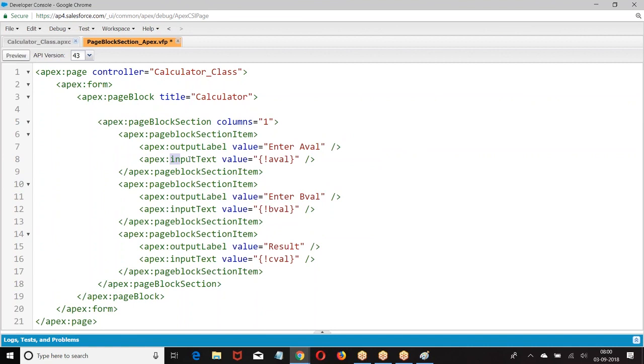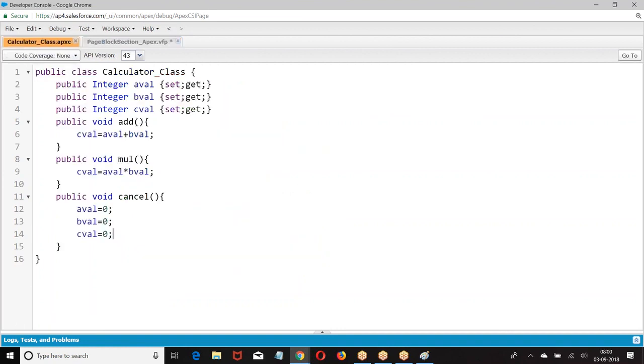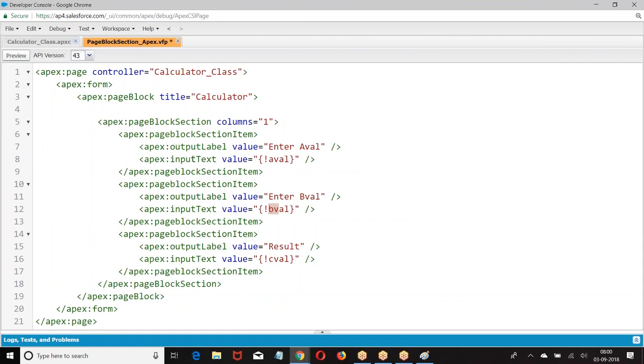Whatever value we enter here, set this value to the A variable. Set this value to the B variable. Now, I am referring to A, and the data type of A is integer, so this input text box will take an integer value, and all the properties of integer will be applied on that input text. Now this input text is taking the value of B. B is of type integer, so all the properties of integer will be applied on this box. Are you getting my point? Depending upon the type of variable you are referring to, the properties of the box will follow that.